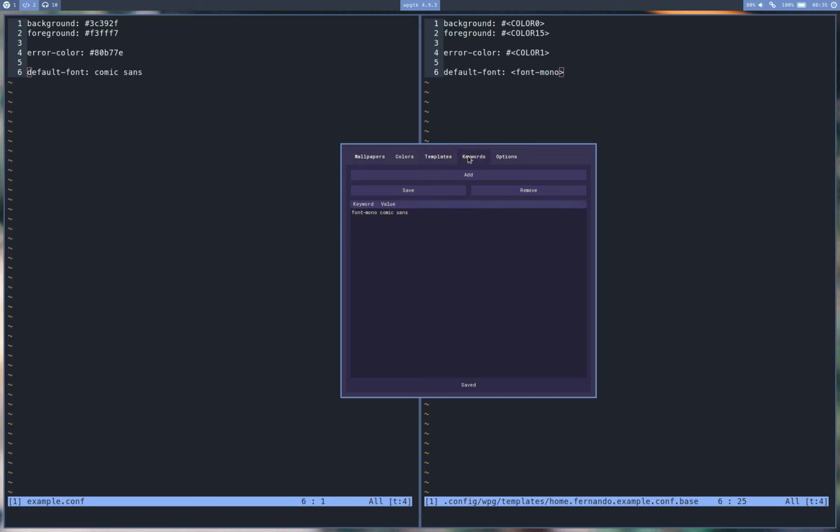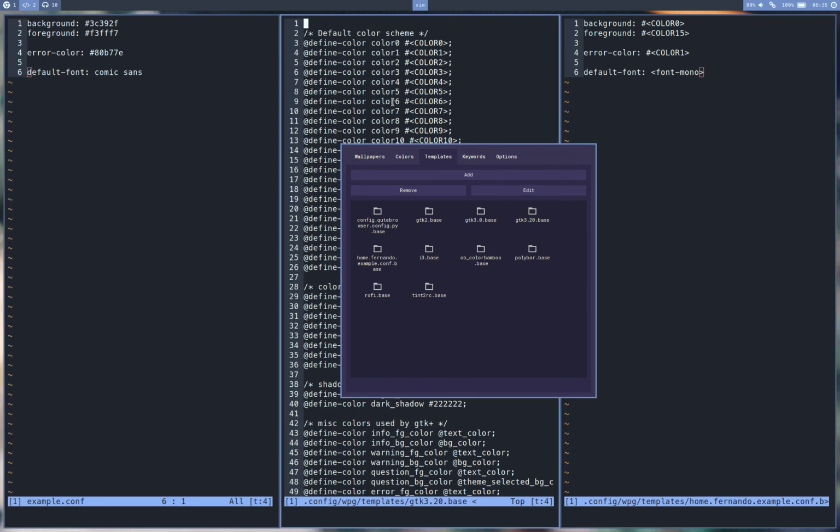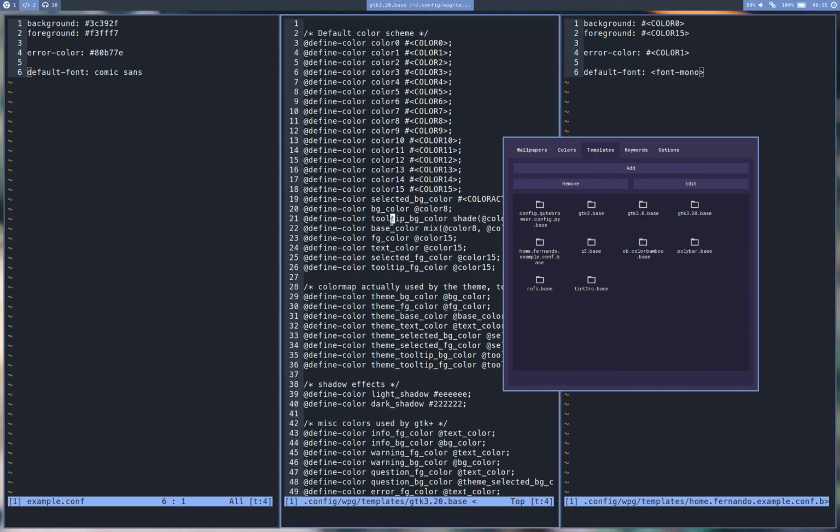So this is useful in case you don't want to get too involved in editing your templates yourself, because you can actually do that too. As you can see over here, you will be able to see that you can actually edit this, save this, and it will affect your GTK3